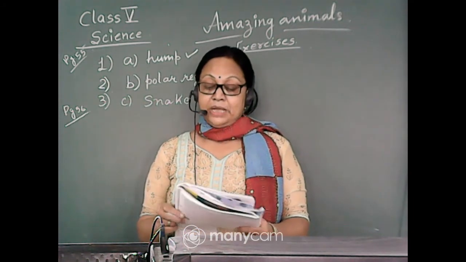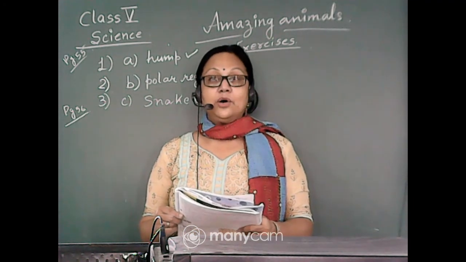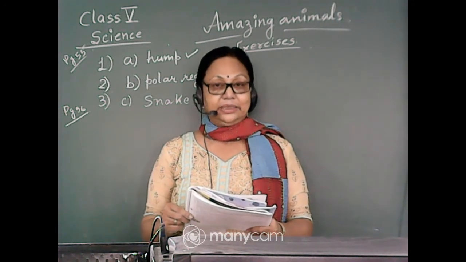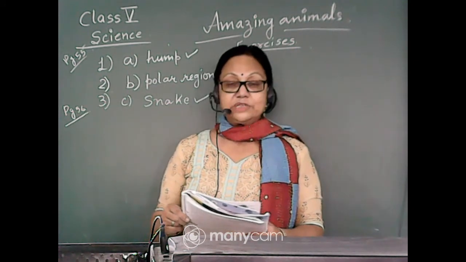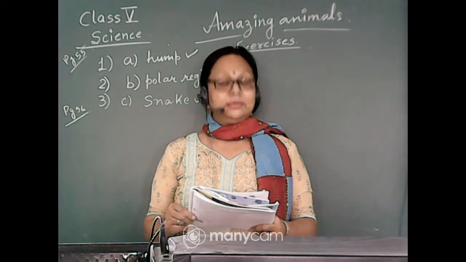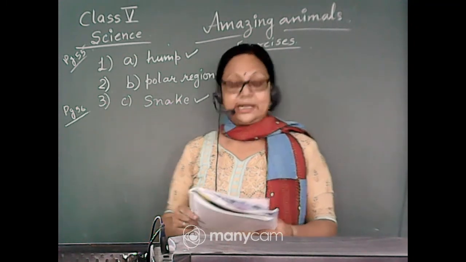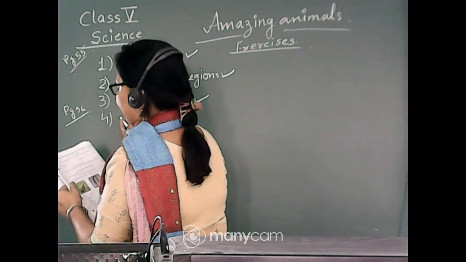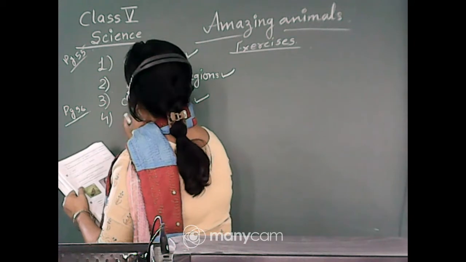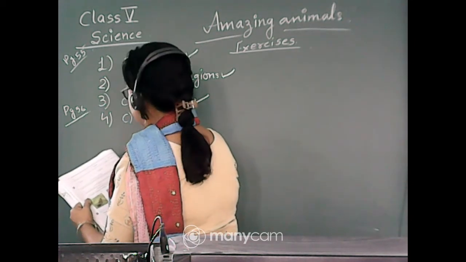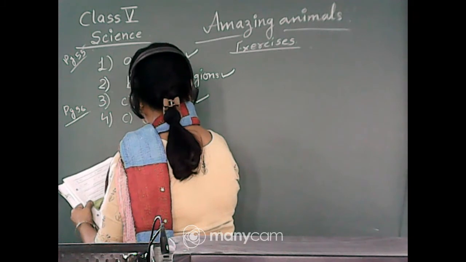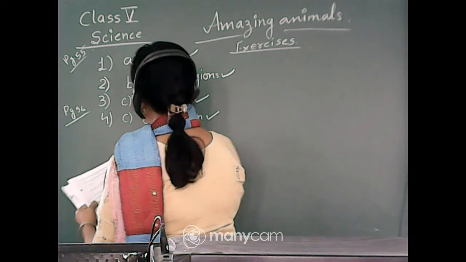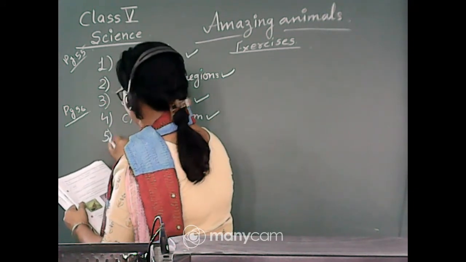So who can camouflage among these three animals? Who has this camouflaging character? Cow, penguin, and chameleon are given. The answer should be chameleon, because we know the chameleon is the animal that can camouflage, or change its color. So the answer to the fourth statement is option C, chameleon. Tick this chameleon.